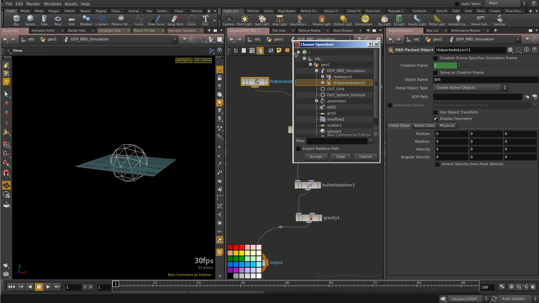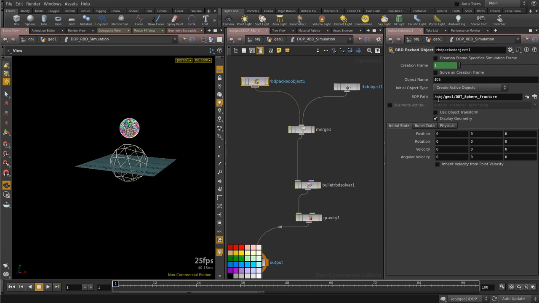With universal, I can click here to select and go to search. Okay, here in my sphere fracture, I use this and accept, and I see I have the slash object, the geometry, and the output node. This is all more